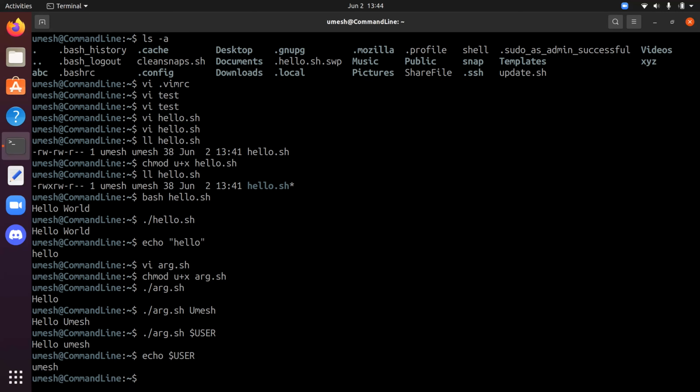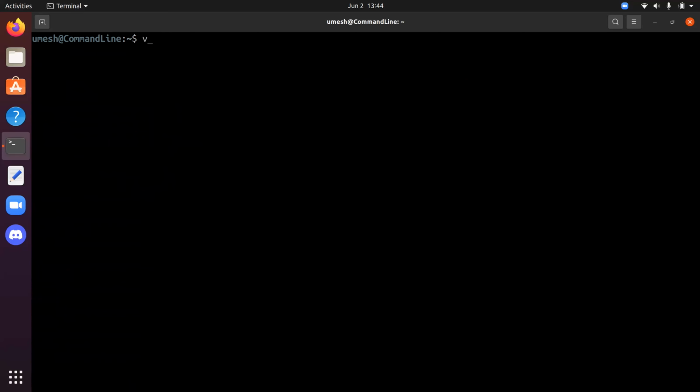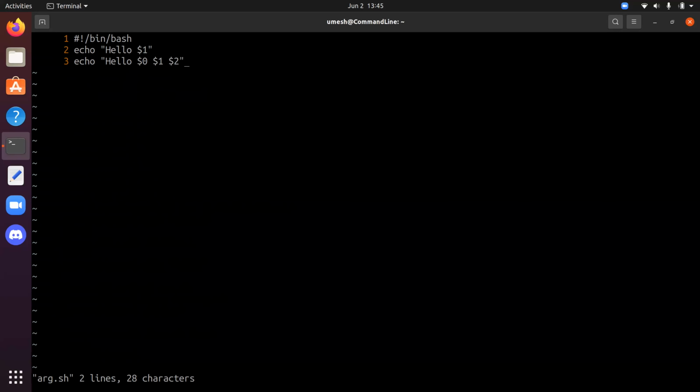So you see this script is basically all the commands that we run in the command line, but it's just organized inside a file. Now let's do something on the same script and add a couple of lines here. So echo hello $0, $1, $2, and let's also do echo hello ${10}, and let's also do echo hello $*.